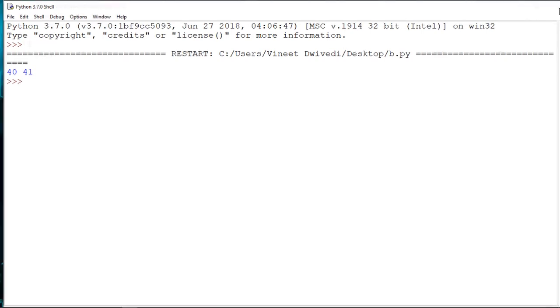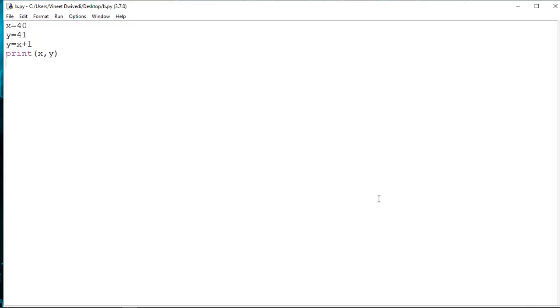Why? Because now you have cured that particular problem, that since both of the values were given at the same time, it was not able to understand which value is to be executed first and which later on. So to remove that error, we have just given these two variables in the next two lines. And now it is able to identify it and it has produced a result.